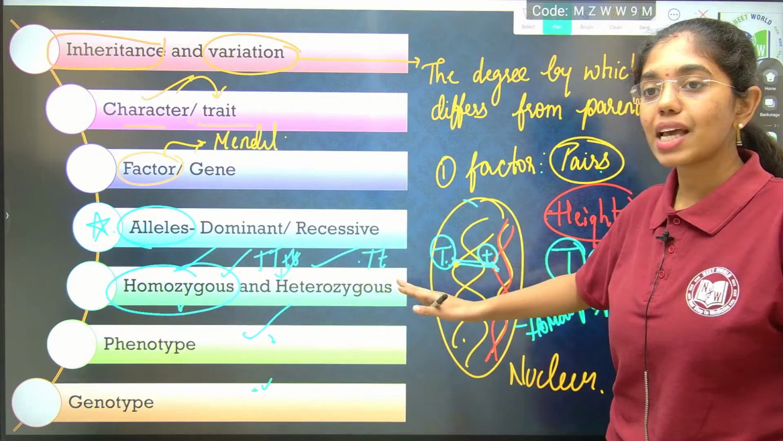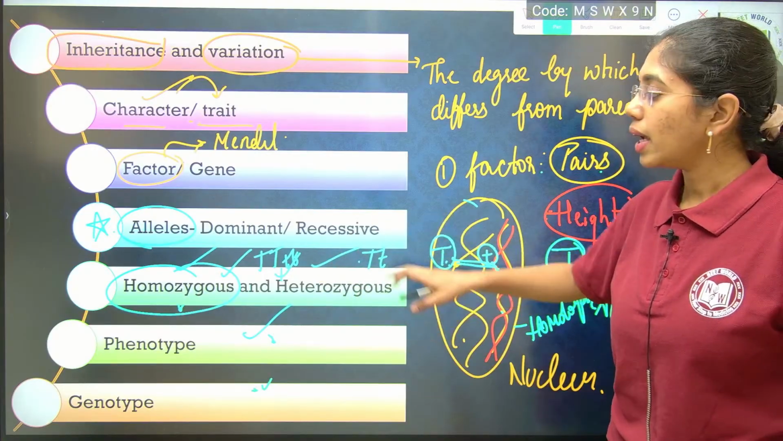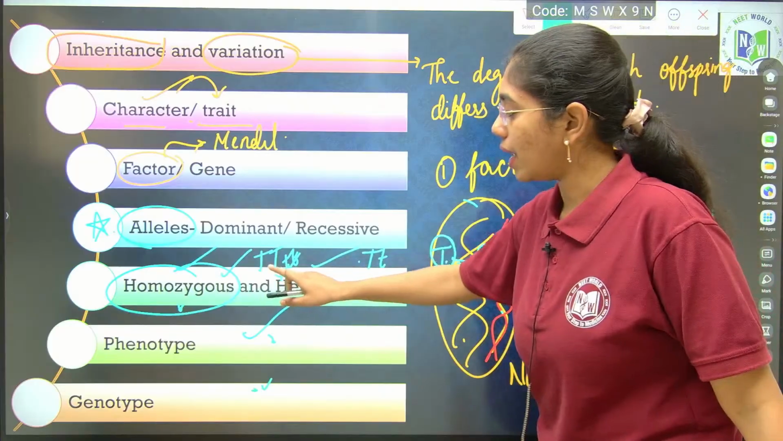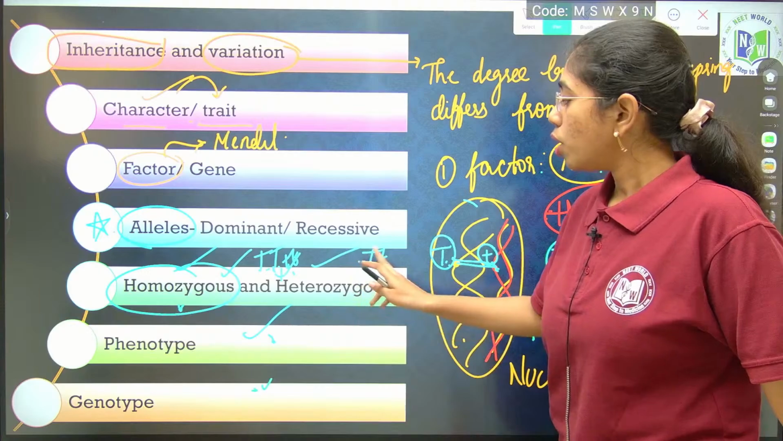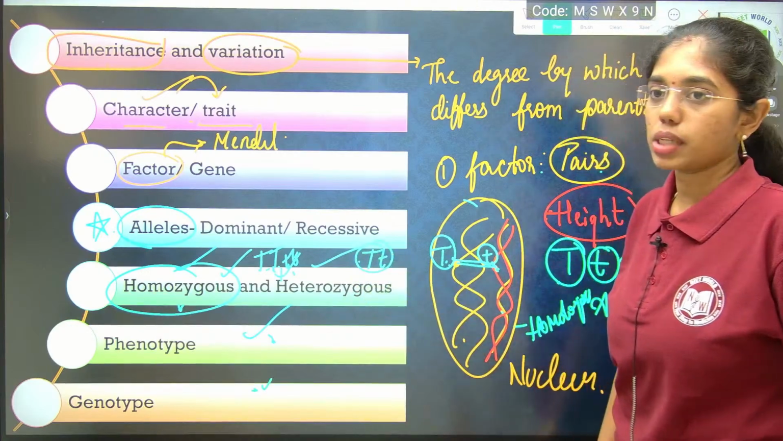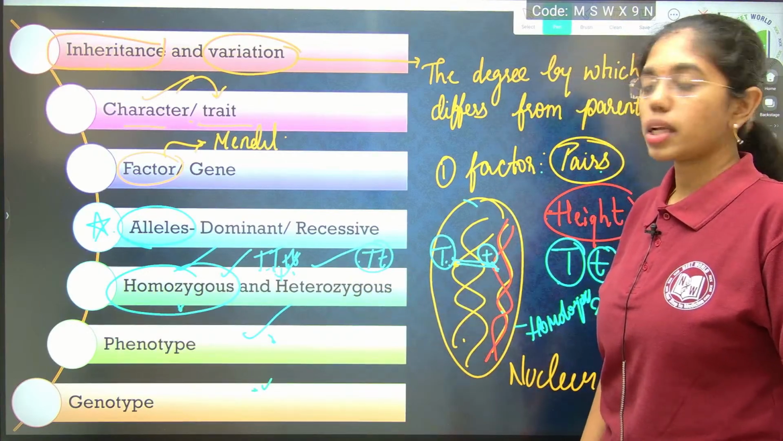Homozygous, heterozygous is for genes. If the genes are having two same alleles, tall or dwarf, same alleles are present, that is homozygous. Two alternating forms, it is heterozygous. Clear till here? Any doubts anywhere? And then